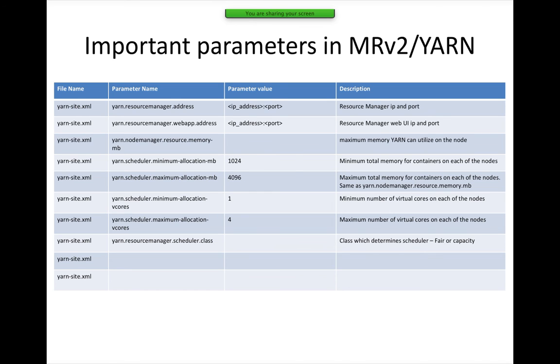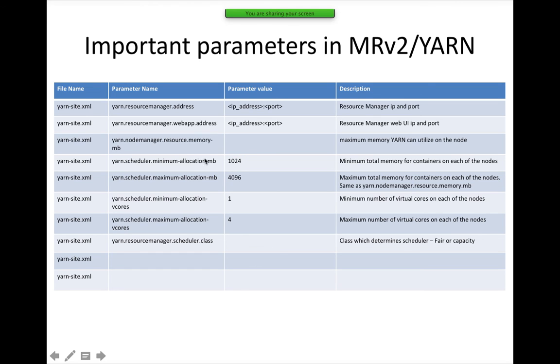Okay, so we need to read, so from the available memory, if it is 64 GB or 128 GB or 256 GB, you have to allocate some memory for OS. You have to allocate some memory for Ambari agent or Cloudera agent. You have to allocate memory for data node, node manager, and if there are any other services running on the cluster, you have to keep those things also in mind. After keeping memory aside for all those things, whatever value remains, you have to use that memory to actually determine the node manager resource memory.